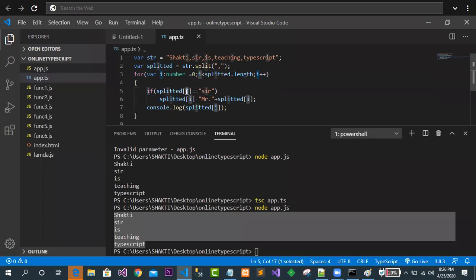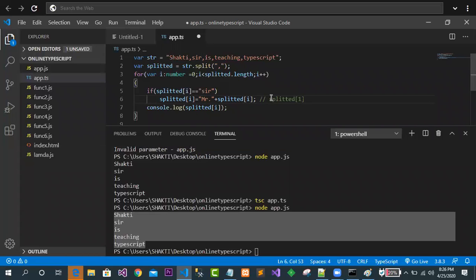Now at index number 1 we found "sir", so it gets inside. What is the internal process? Splitted is the array, and we are working on index number 1.